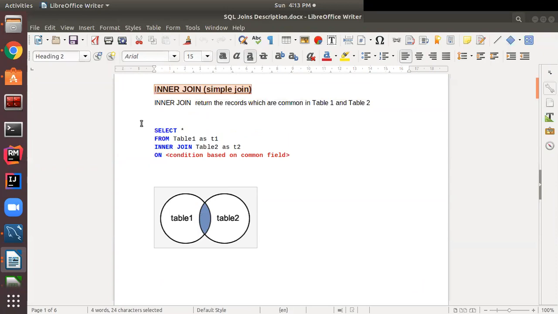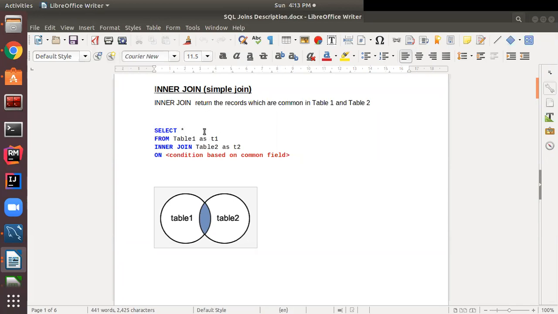And the syntax for this query is select star. Star means you want to display all the columns from both the tables, table 1 and table 2. But if you want to display specific columns, then you need to specify the column names over here. So either you can give star or you can give column names, which we will see in the practical session.